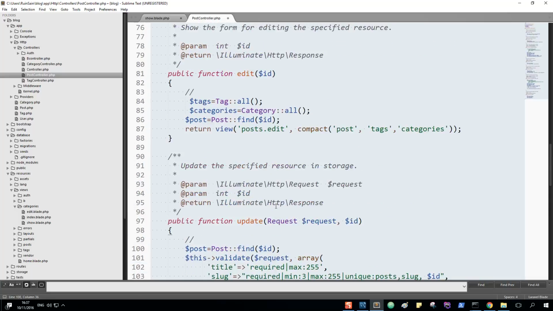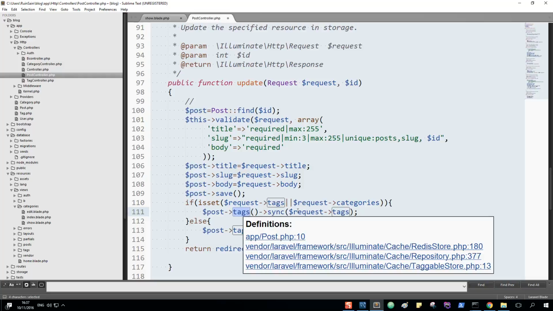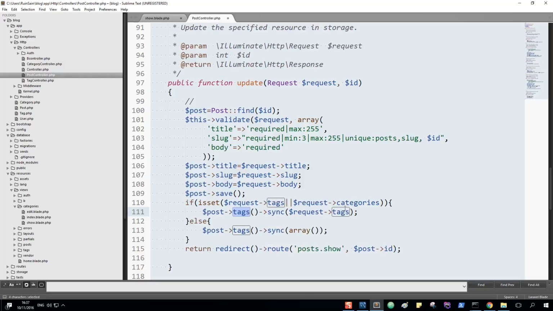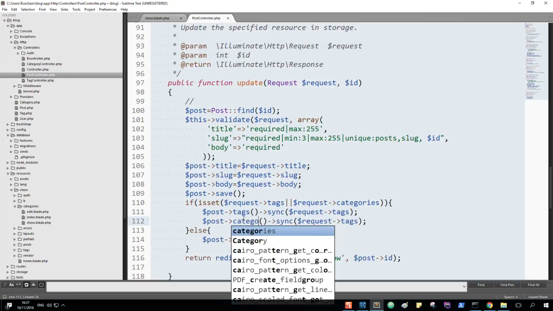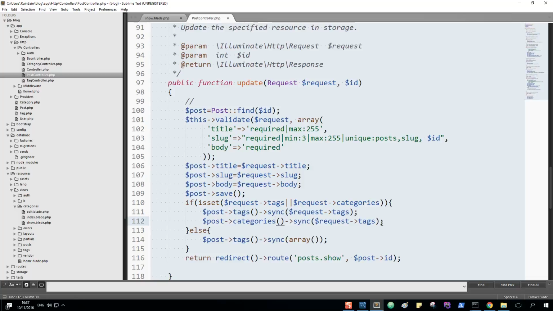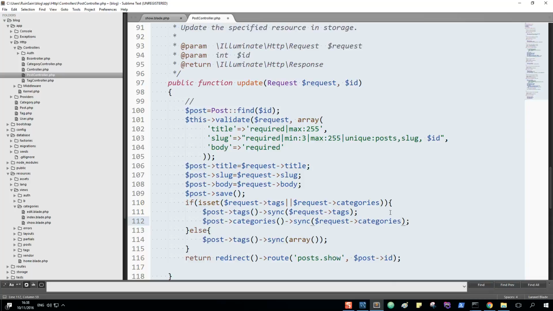Where is it? Sync this. Let's do it like so. With categories,